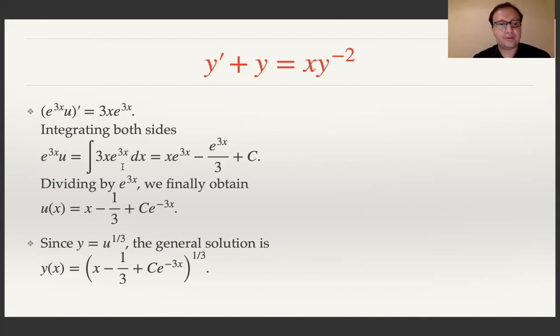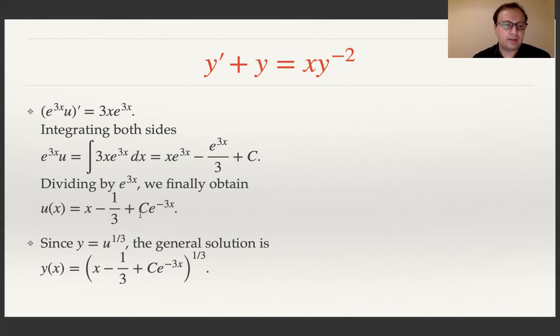And we do this by an integration by parts and get that it's equal to x e^(3x) minus e^(3x)/3 plus a constant. So we have e^(3x) u is equal to this expression. So let's divide by e^(3x) to obtain u. And we get u of x is equal to, well, e^(3x) cancels, and we get x minus